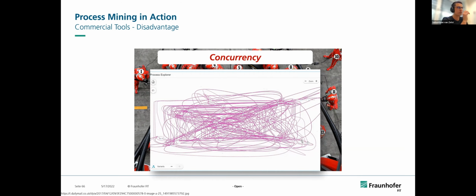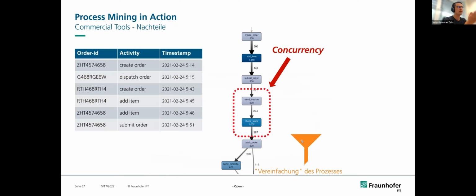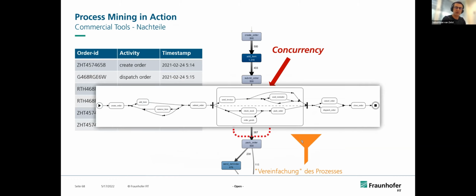And the danger is, if you would filter this to a level that is more digestible and less complex, based on our example data, you would actually get a process visualization that would specify that sending the invoice should precede checking the stock. And this is problematic because if we all together with our company would reorganize our process to be now sequential, so I have to first finish sending the invoice before checking the stock, I'm flattening the concurrency that was originally there. And I'm actually potentially slowing down the process. And the biggest problem is that in these tools, it's not always so easy to see that you're effectively slowing down the process,